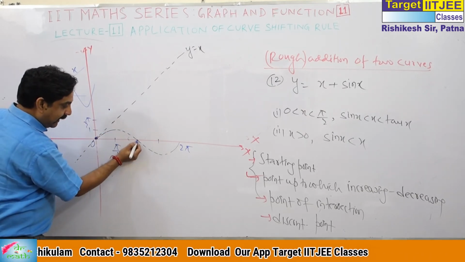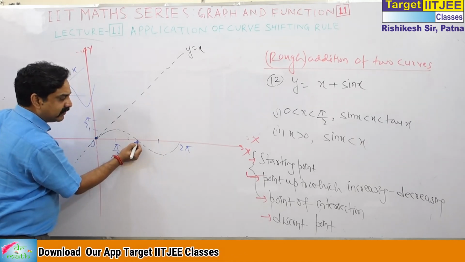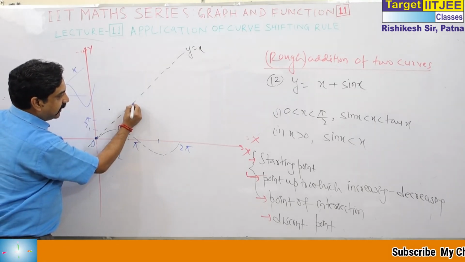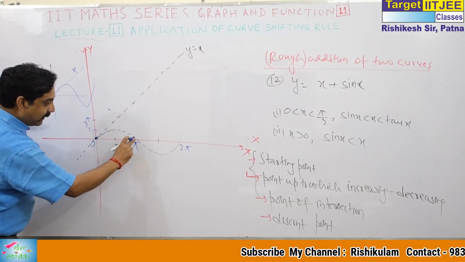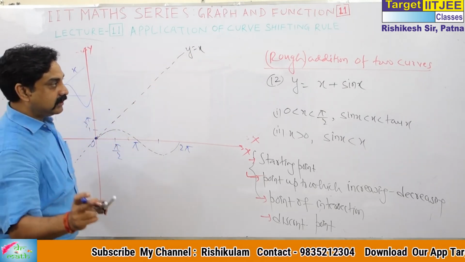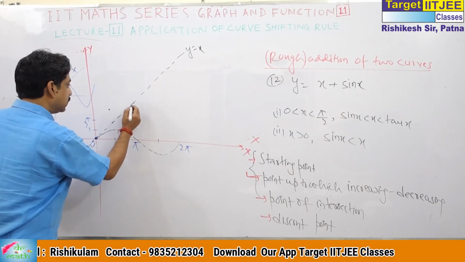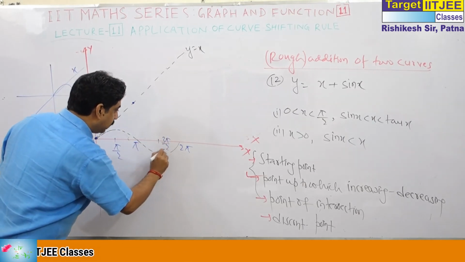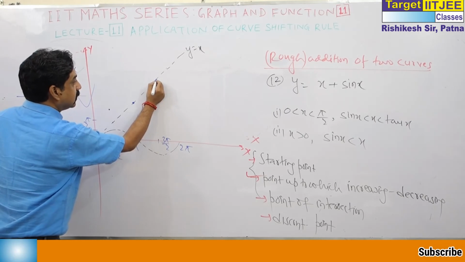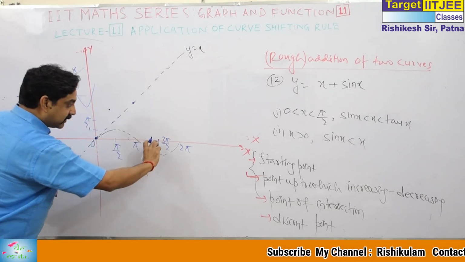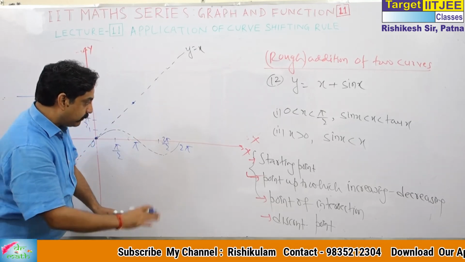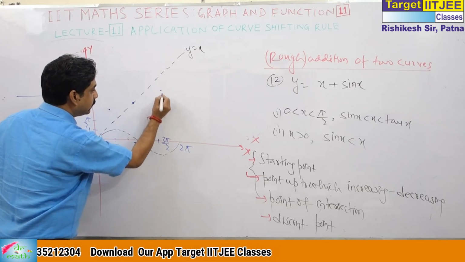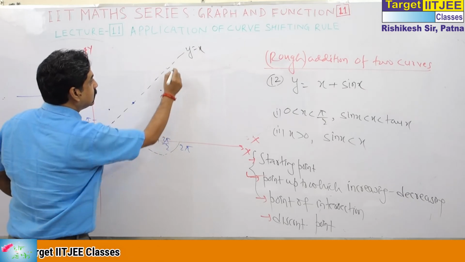Come to this point, it actually decreases up to this. At x is equal to pi, the value of y is equal to x means pi, and sin is 0. So pi plus 0 is actually your pi. So this point will be this. Now come to 3 pi by 2. At 3 pi by 2, the value of y is equal to x is 3 pi by 2. But sin x will make it 1 unit below, so this will go roughly 1 unit below. And at x is equal to 2 pi, sin is 0, this is 2 pi.